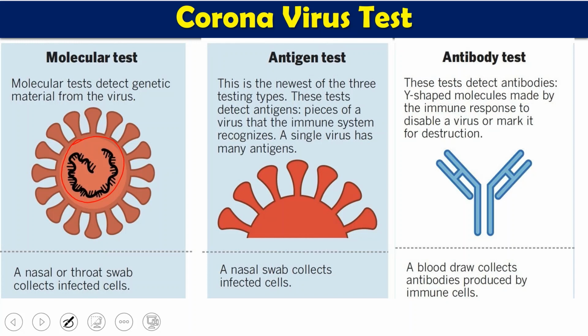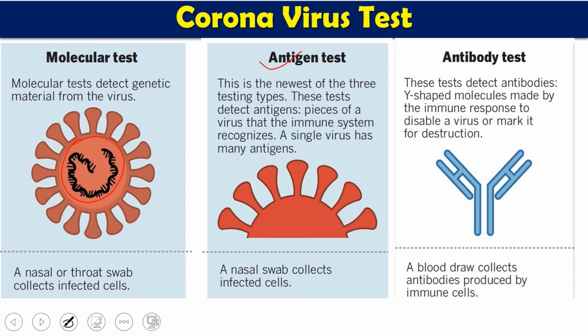The antigen test normally tests for the presence of the antigen. The virus comes with different proteins. You have already seen that it has a spike protein, an E protein, an HE protein, a number of proteins. So if you detect the presence of any of these proteins in your body, it means the virus is there. That is called antigen presence. An antigen is a foreign particle present on the pathogen component.